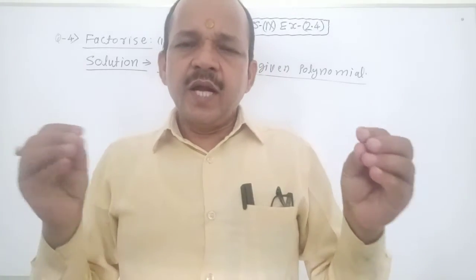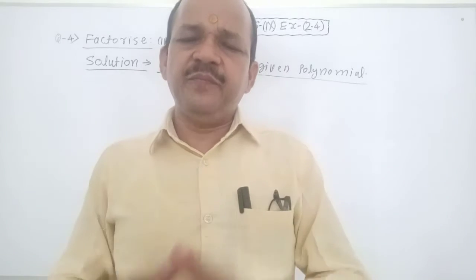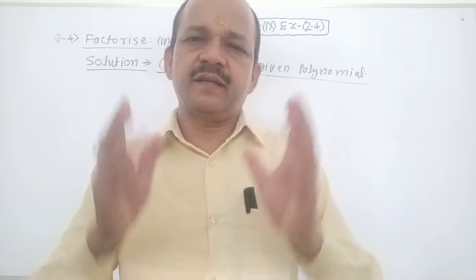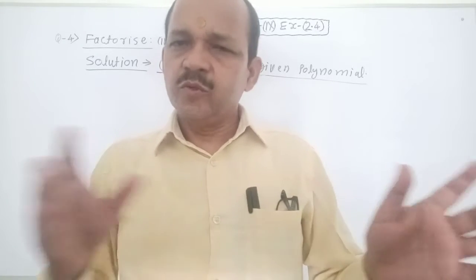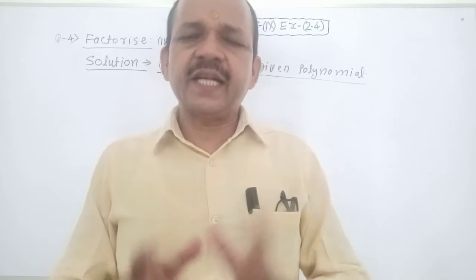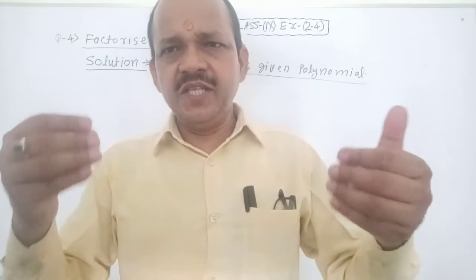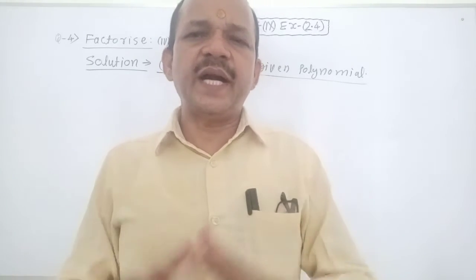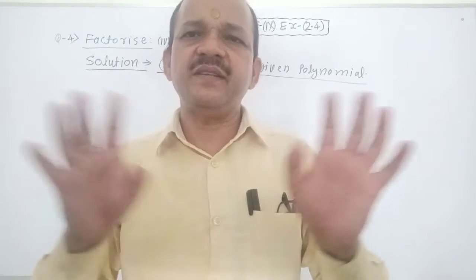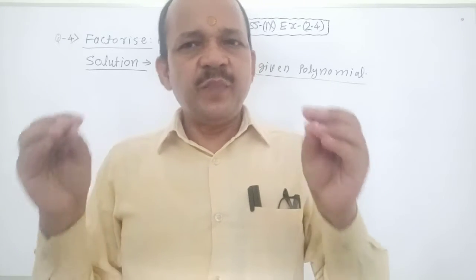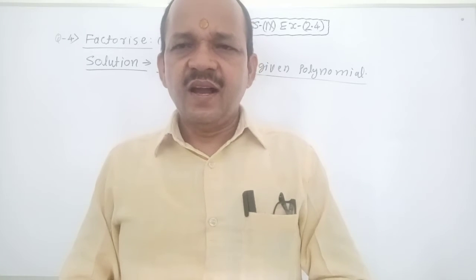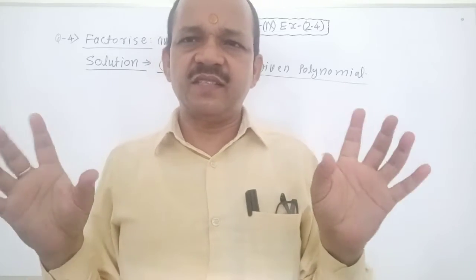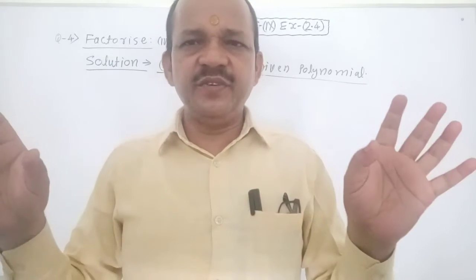Very good. Now I want to describe how you can factorize a given polynomial. Firstly you split the middle term and then make two pairs and take common from each pair, and in this way you can solve your questions and you can factorize the given polynomial. Very easy. But you concentrate your mind and listen to my words with full concentration and see the board with full concentration. Is my word clear? No confusion about it?